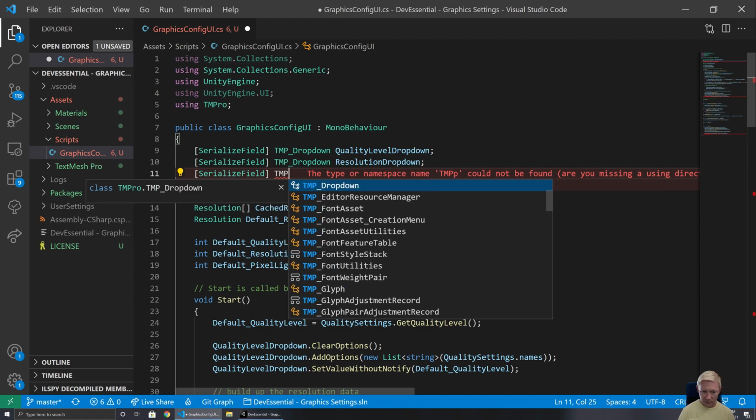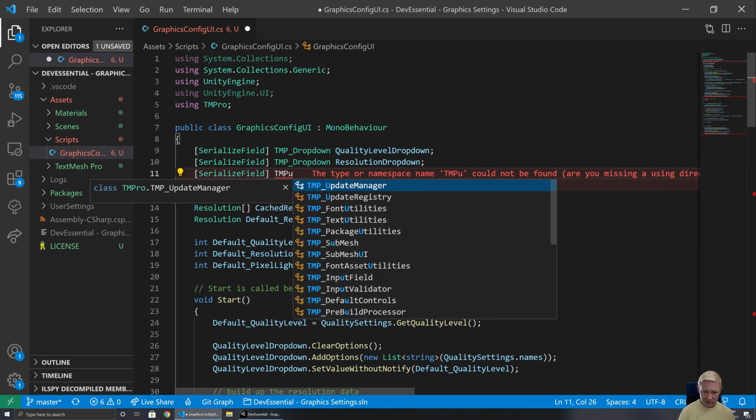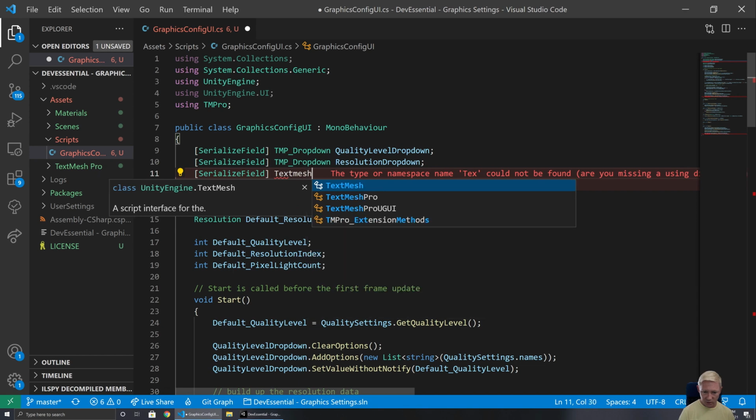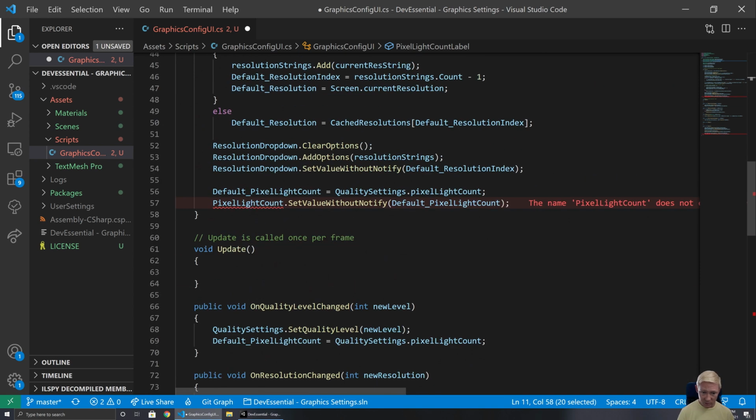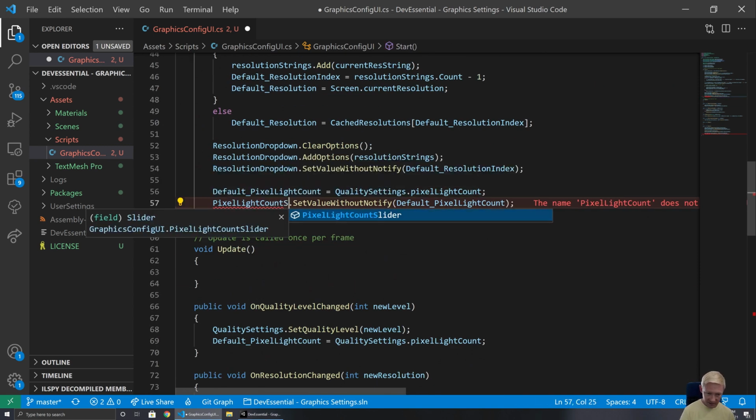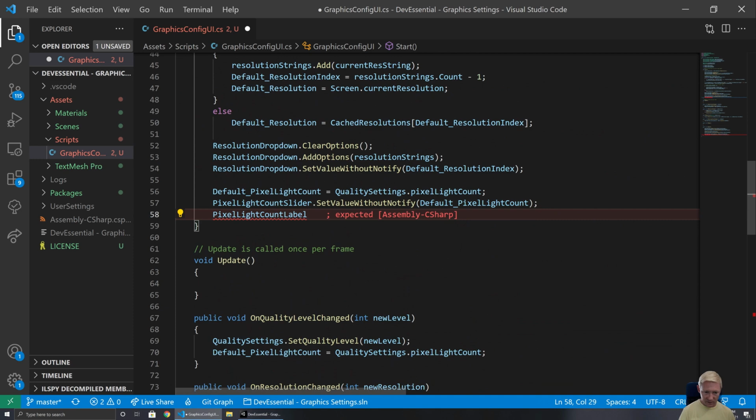the text. So Text Mesh Pro UI, pixel light count label. And for consistency, that should be slider. With having that label there, what I can do is, when we go and set these, this X pixel light count